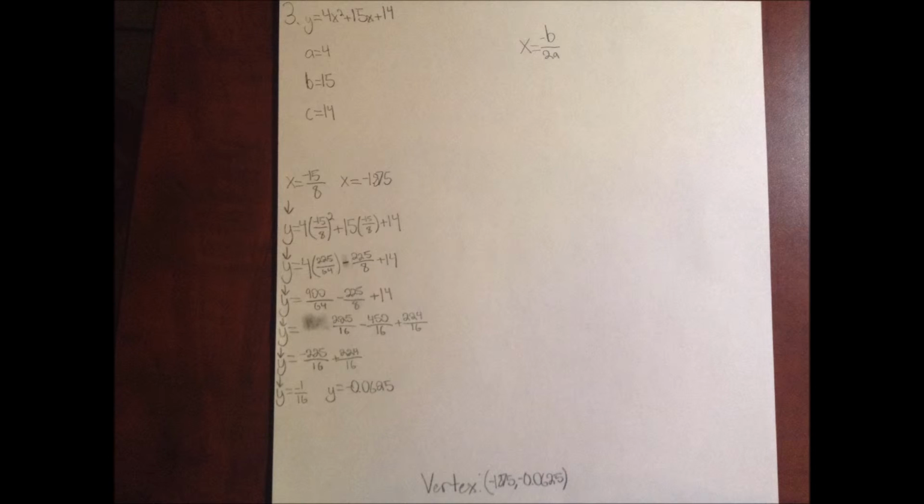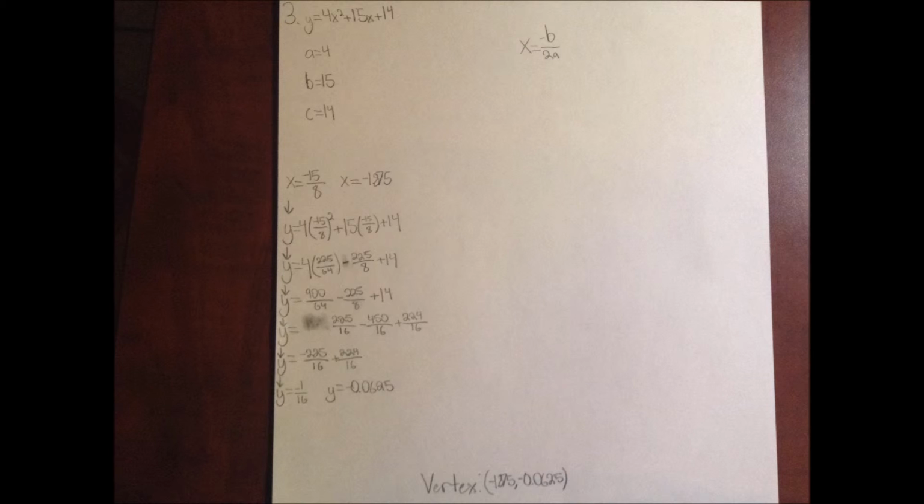So y equals 4, in parentheses, negative 15 over 8 squared, plus 15, in parentheses, negative 15 over 8, plus 14. Alright, and to square fractions, rather, what you're just going to do is square the denominator and then square the numerator. So this would end up being y equals 4, then negative 15 squared is 225, and 8 squared is 64. So y equals 4, parentheses, 225 over 64, minus 225 over 8,